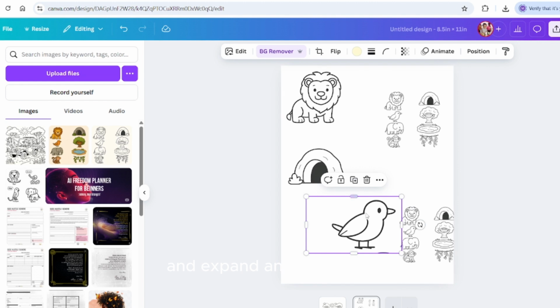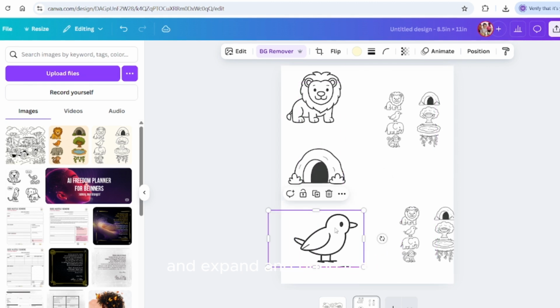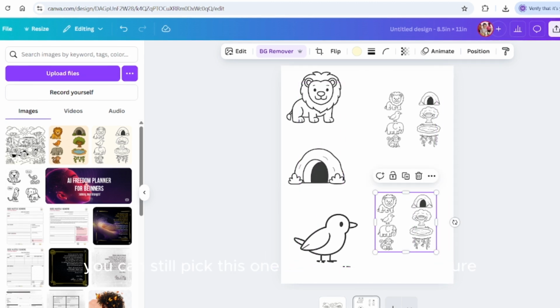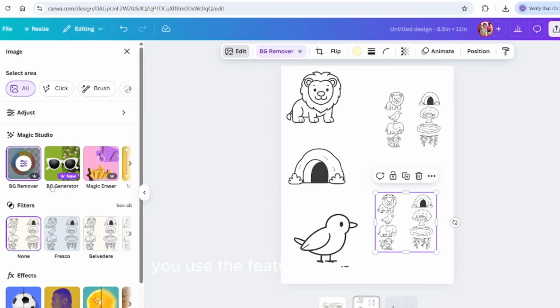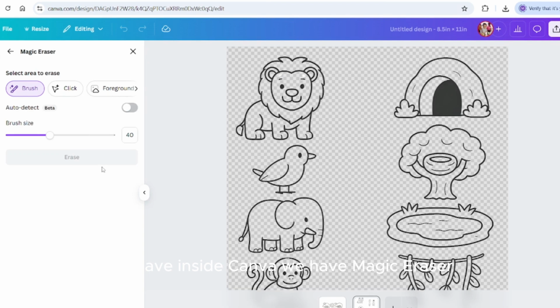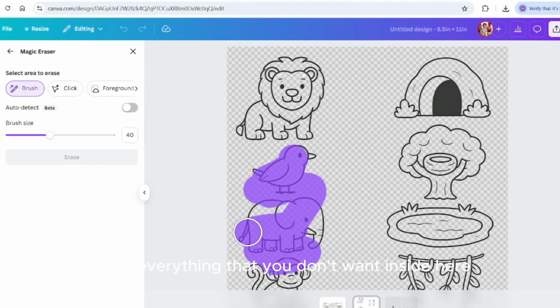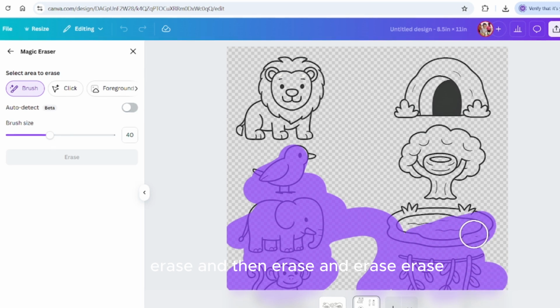And expand and bring it here. Now another alternative, you can still pick this one and then use the feature. We have inside Canva, we have magic eraser, whereby you can erase what you don't want. You can simply erase everything that you don't want inside here. You erase and then erase and erase